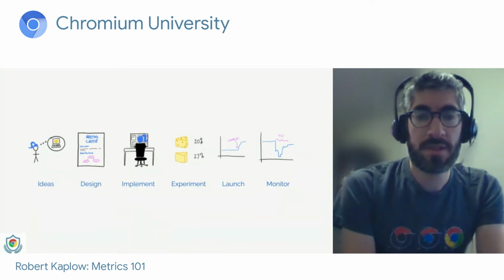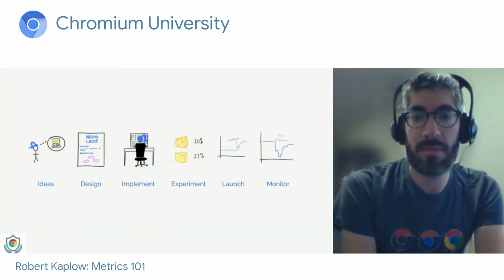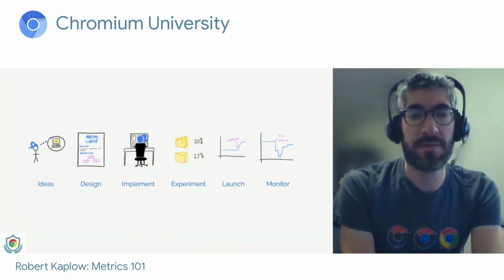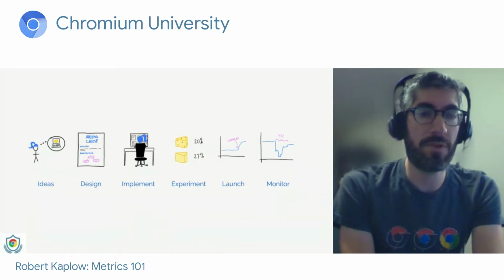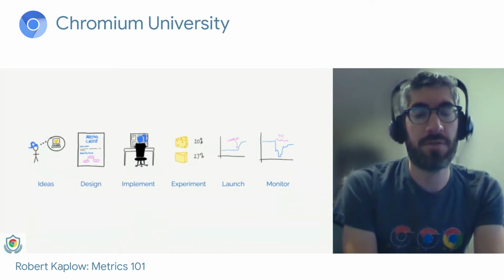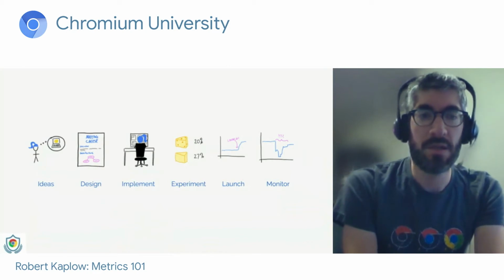So first, the life cycle of a feature. I'm going to talk about how metrics fit into the different stages of a feature's life cycle. So here, you have an overview of adding a new feature from the idea through design, implementation, experimentation, launch, and